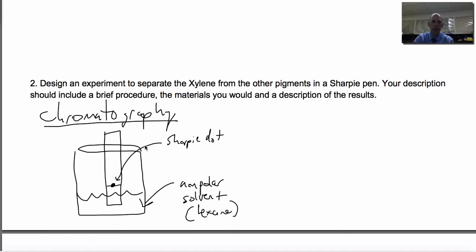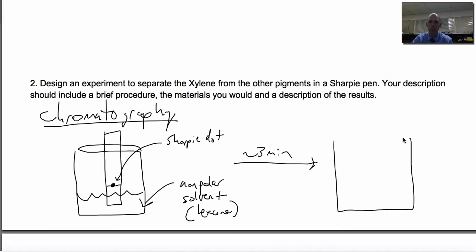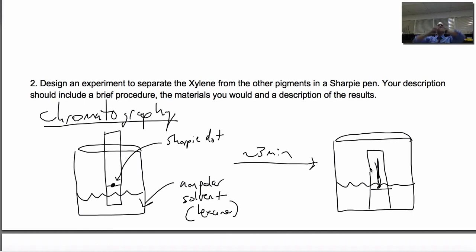And the hexane is going to run up it, and after maybe like 3 minutes, what you're going to see is that initial dot area kind of streaked up like this, separating out the pigments, okay? And this only works because we used a non-polar solvent. If you used a polar solvent, and it's really interesting if you do it, it goes right past that dot